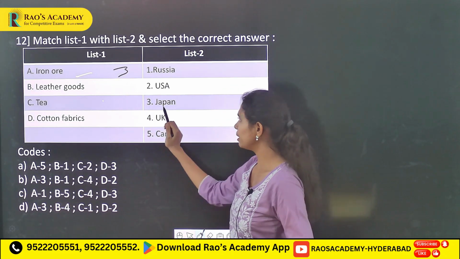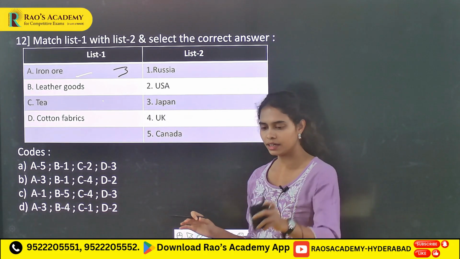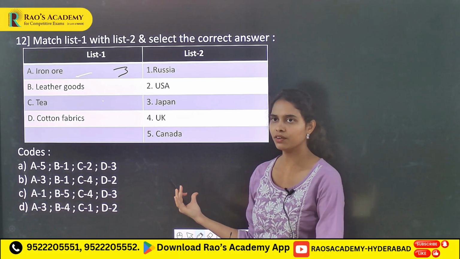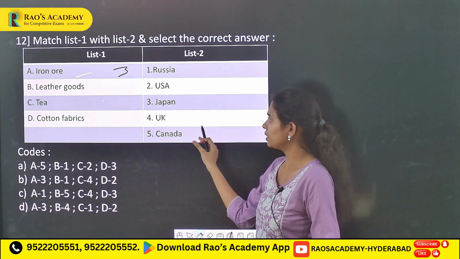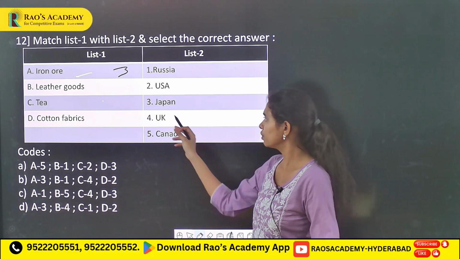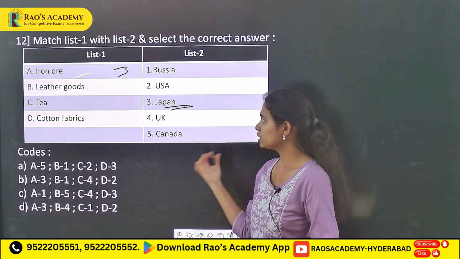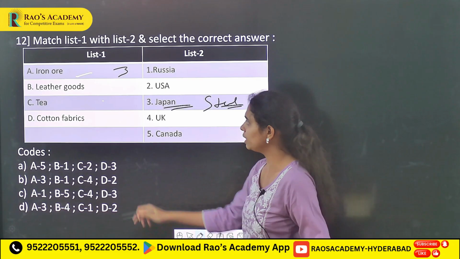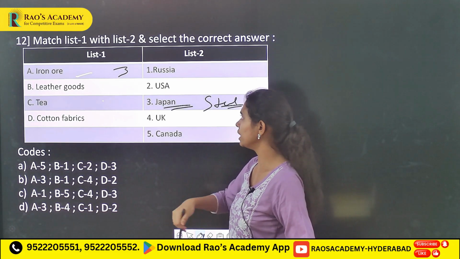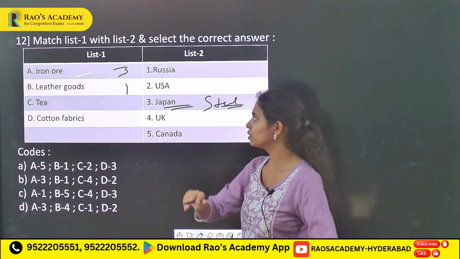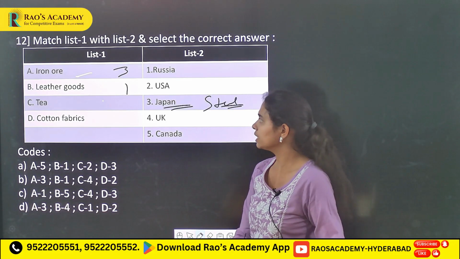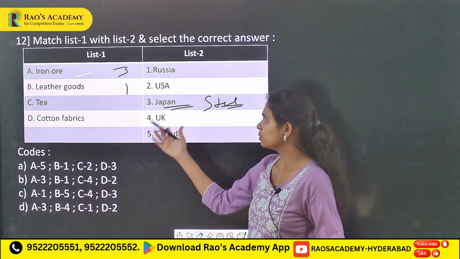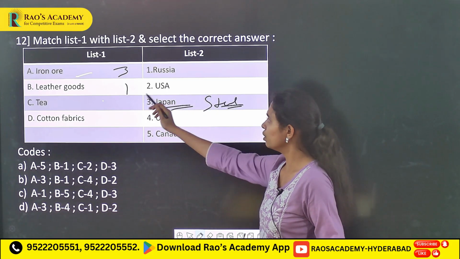because Japan, being located in a particular area, doesn't have any accessibility to different minerals or resources, and particularly India exports iron ore greatly to Japan, especially for the steel production industries. Then followed by leather goods. These leather goods were greatly exported to Russia. Why Russia? Because the standards that India produces with these leather goods match the Russian standards. So for leather goods it is Russia.